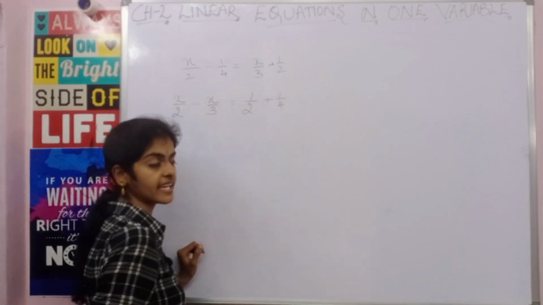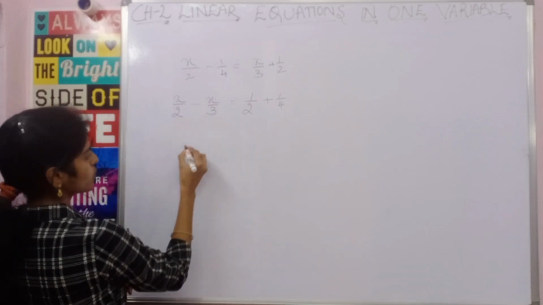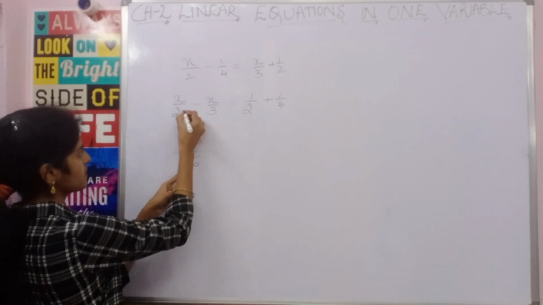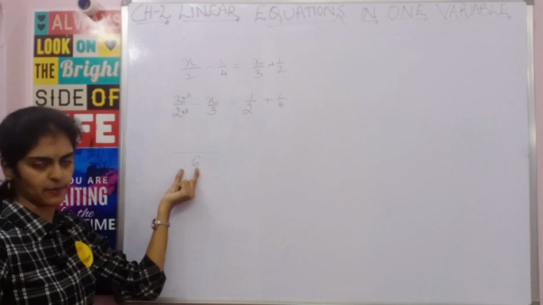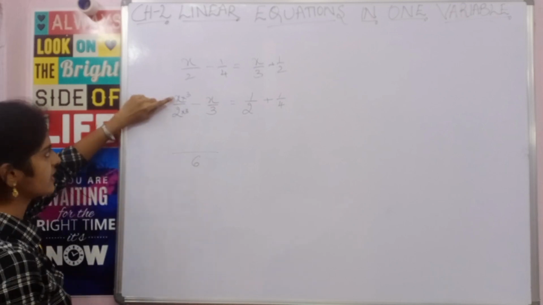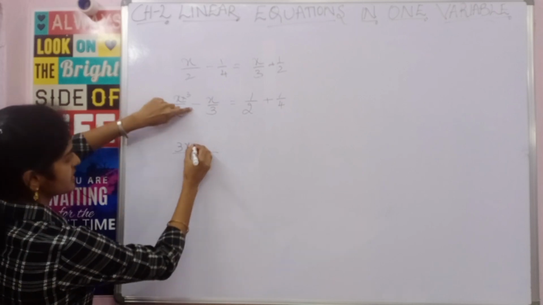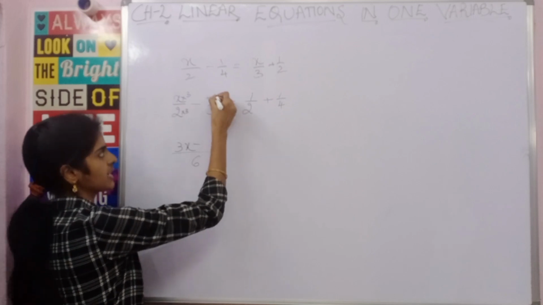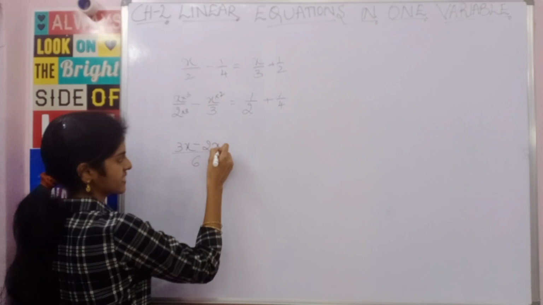Now you have x by 2 minus x by 3, and 1 by 2 plus 1 by 4. So now let us take LCM for these two terms separately. LCM of 2 and 3 is nothing but 6. Since the LCM is 6, you will multiply this denominator with 3 and numerator with 3, so that denominator equals the LCM. Now 2 3s are 6, so you will multiply the numerator with 3. It is x into 3, nothing but 3x. You have minus in between, write it. Now you have 6 here. So 3 2s are 6, so you will multiply the numerator also with 2. So this is x into 2, so it is 2x. Clear?